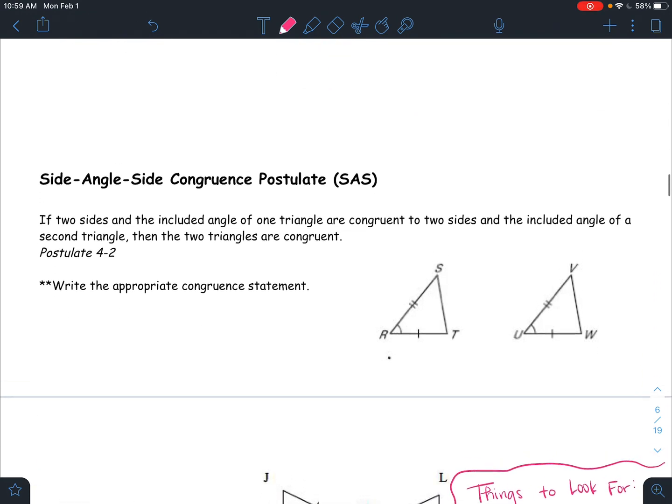Our second is side angle side. If 2 sides and the included angle of one triangle are congruent to 2 sides and the included angle of a second, then the 2 triangles are congruent. So if I want to write a congruency statement, I'm going to have triangle RST is congruent to triangle